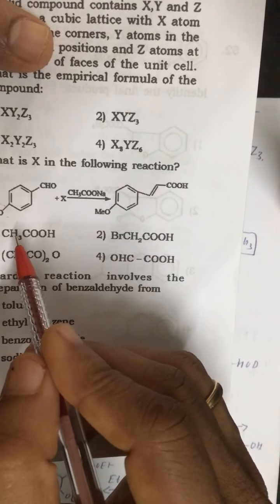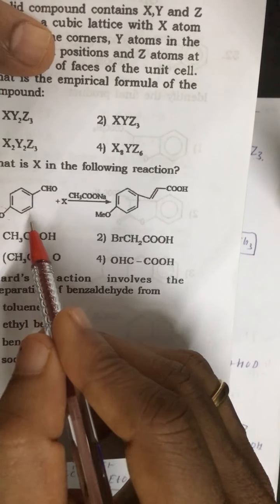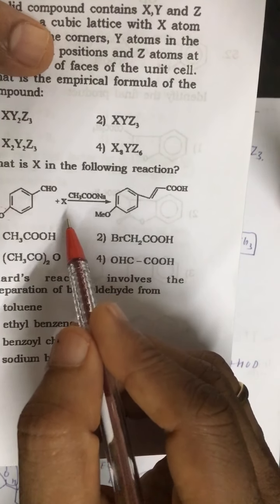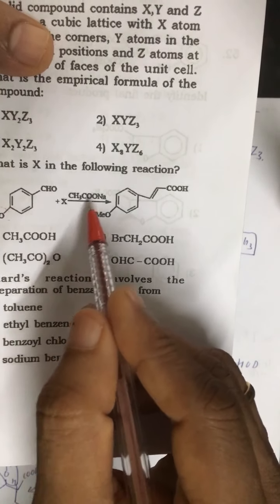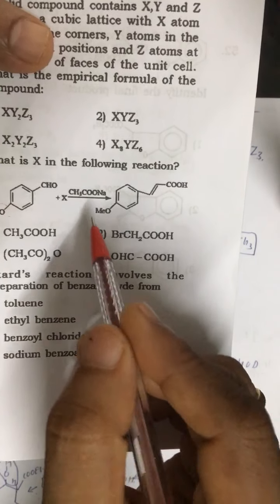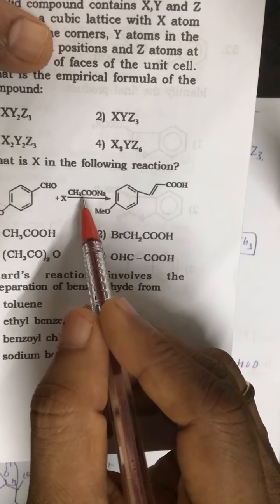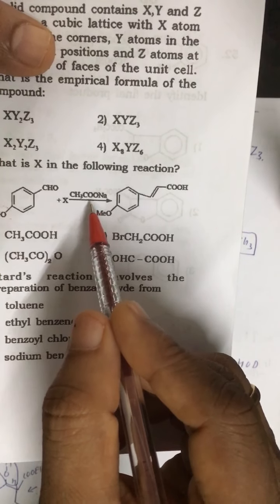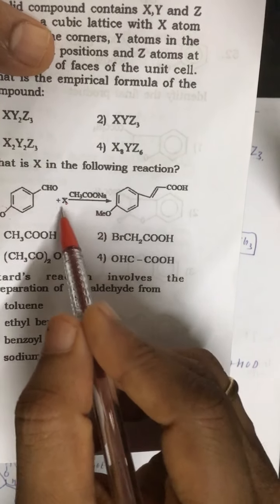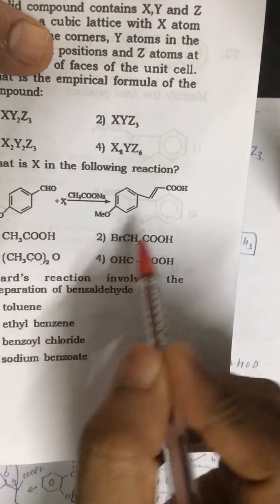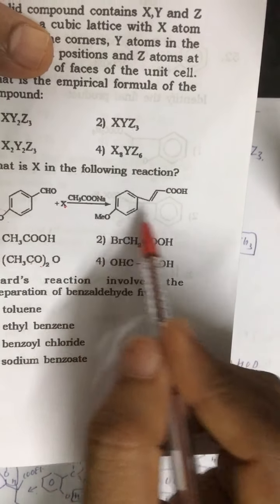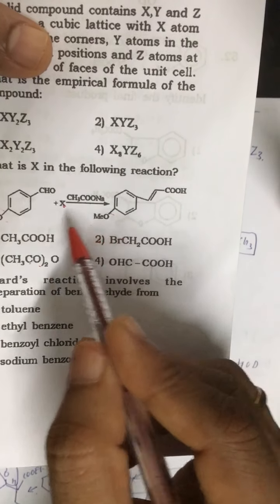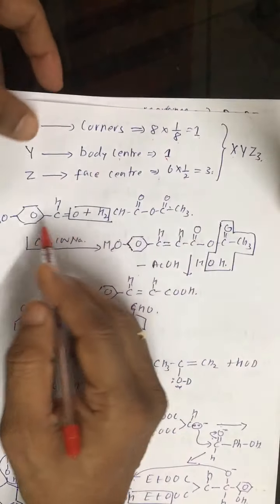Perkin reaction is a reaction of benzaldehyde with the anhydride, aliphatic anhydride, in the presence of sodium salt of that carboxylic acid, which forms that anhydride. Alright, so it is acetic anhydride, excess acetic anhydride, and with benzaldehyde we get cinnamic acid, and here we have a substitution at para position, that is it.